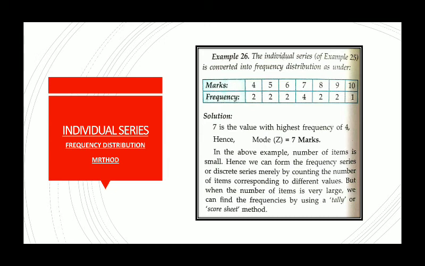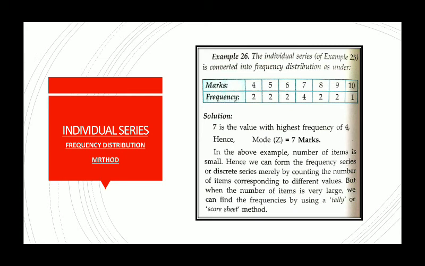Now, one can always say that the inspection method is easier than frequency distribution, but the inspection method can only be used if the number of observations is small. If we have 200 or 100 observations, then it will be very difficult to arrange them, and if we miss any one number, then the answer can be wrong. So if we have a large number of observations, we must convert them into a frequency distribution table in order to avoid mistakes. Then just see the highest frequency. The number which has the highest frequency is the mode.